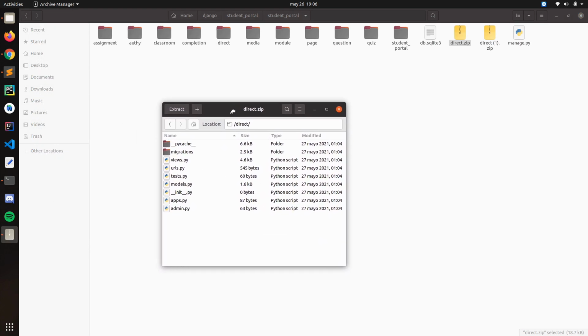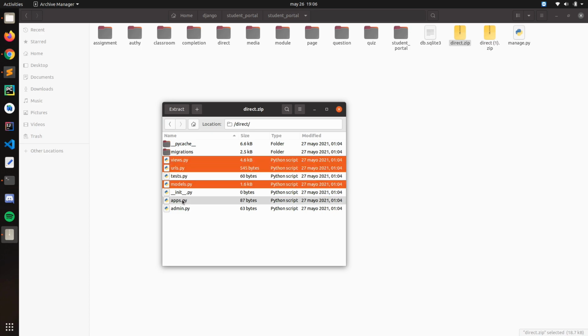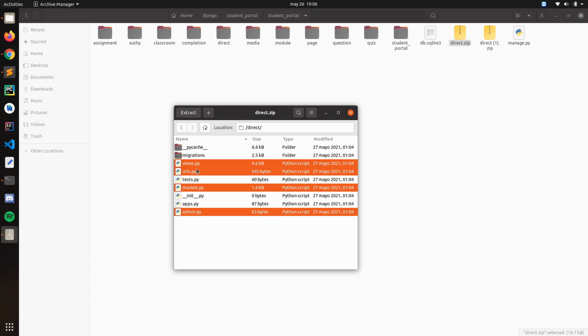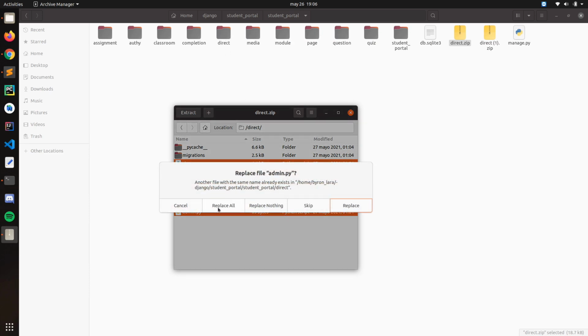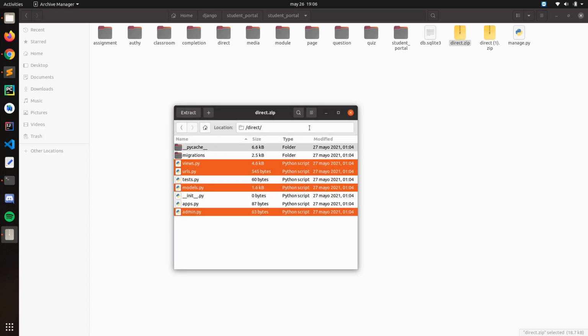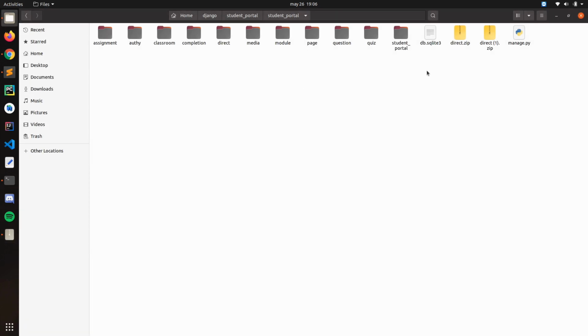Okay, so now I'm going to unzip these files, just like the views, URLs, models, and admin. I'm going to unzip it in the direct folder, of course. And let's just replace. Yes, yes. Okay, now for the templates,